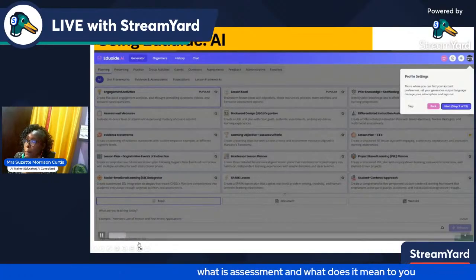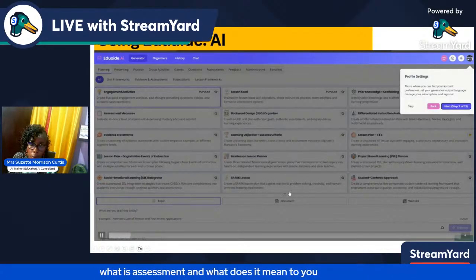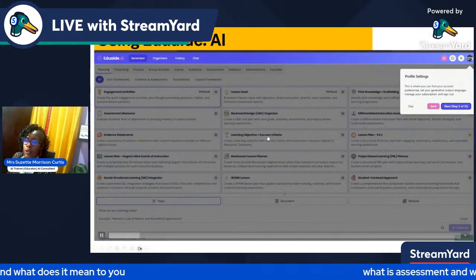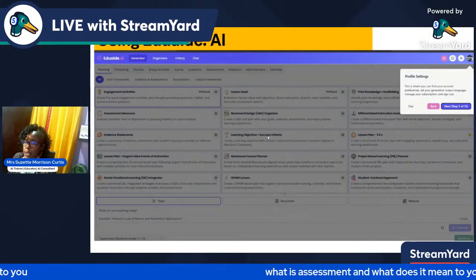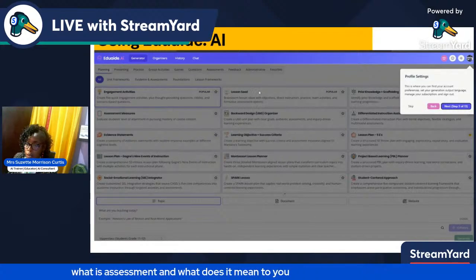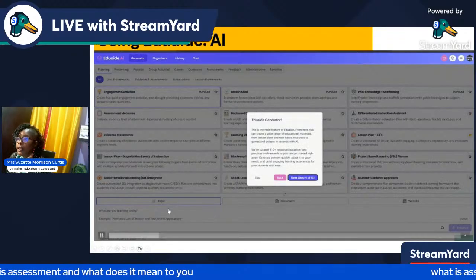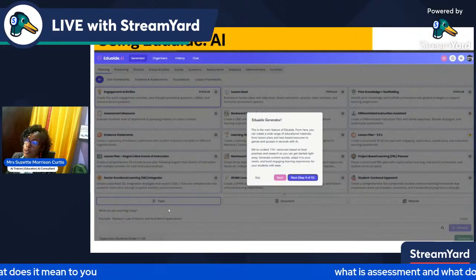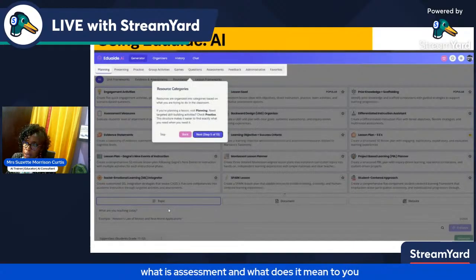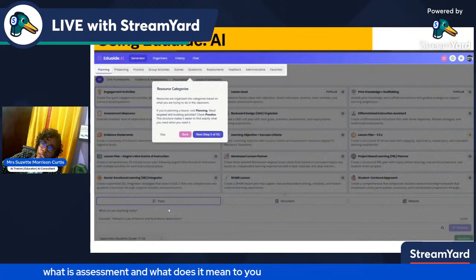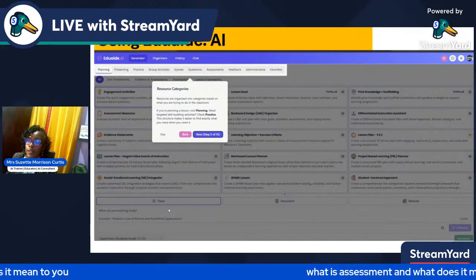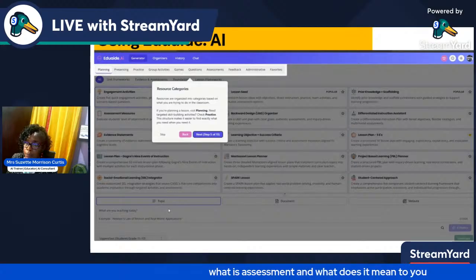So basically, you sign up like you normally do with any other application, and you go through using your email account. Once you sign in, you get a dashboard looking like what is on screen here, and you can go through. Now it gives you a 13-step navigation of what it comes up with. So resource categories in terms of the questions that you'll be able to create. That's what the tab is for.